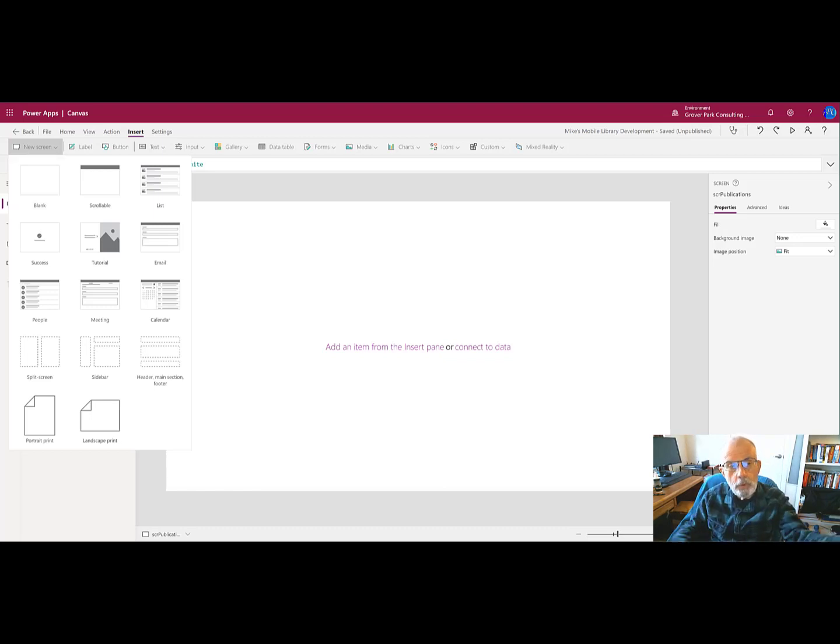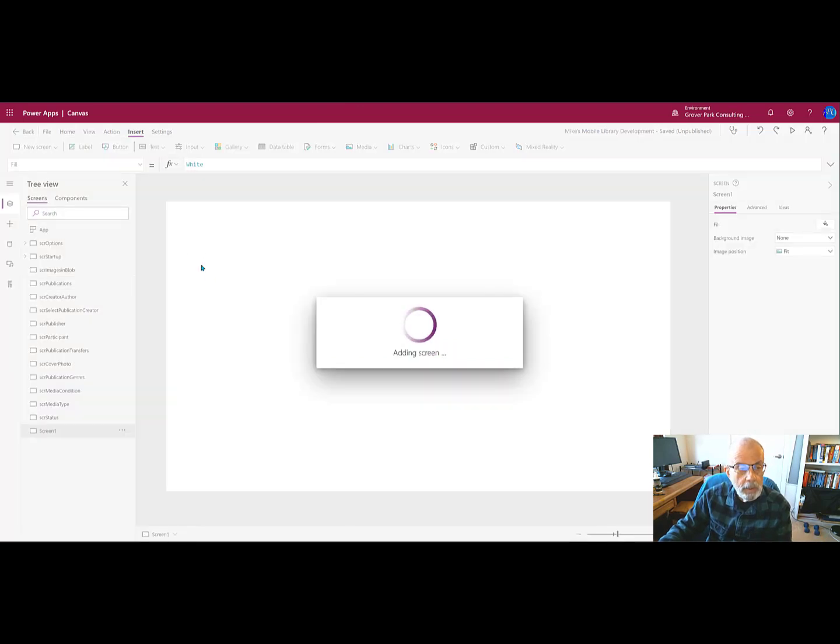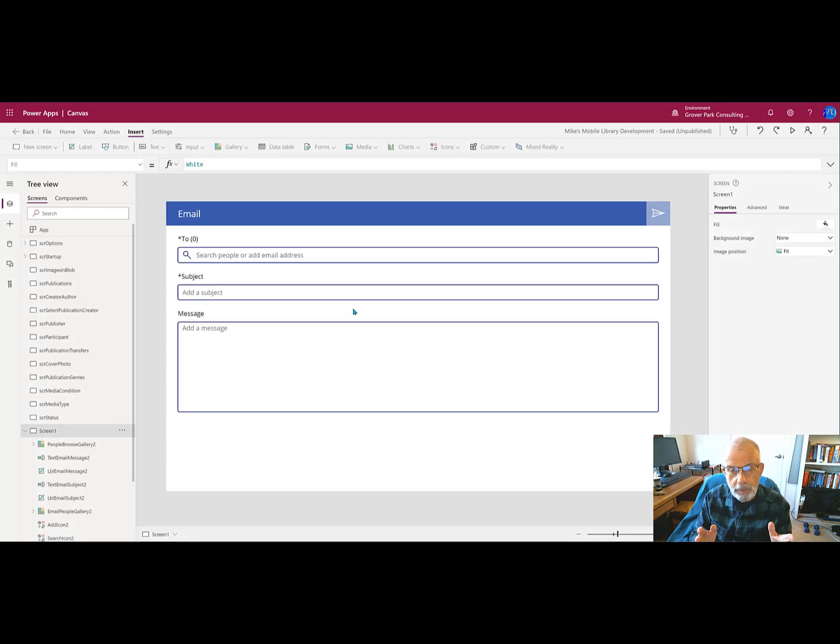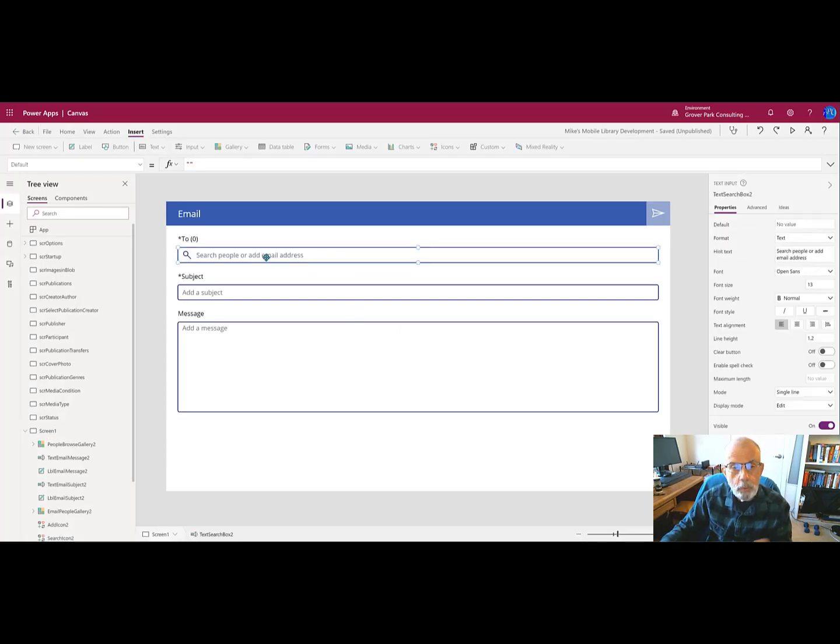If you were to use one of the other templates, you would get a different set of default controls tailored to that particular function. For example, if we were to create an email screen, PowerApps would insert that screen, that template, and by default connect it up to the Outlook account in this Office 365 environment. If I run this screen